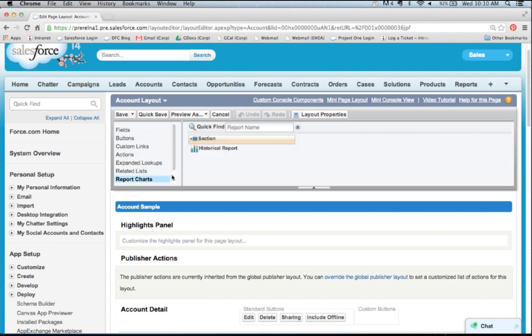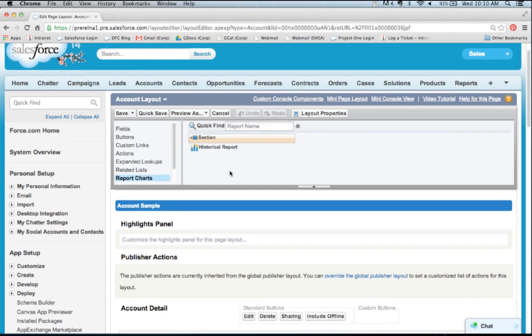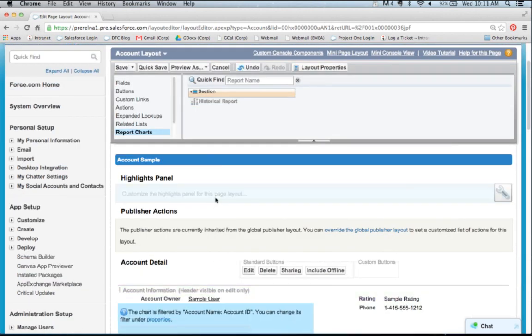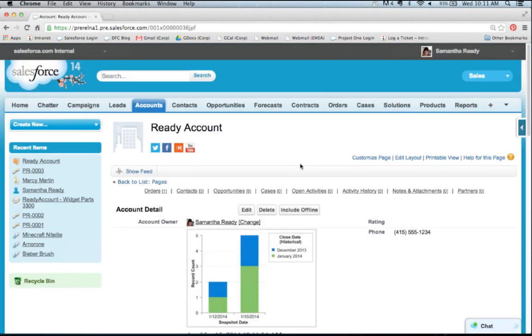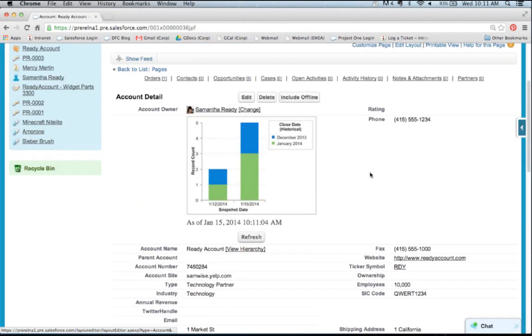So that's as simple as going to the page layout editor, grabbing this report chart, and then dragging in this chart here. And if you're wondering where this chart's sourced from, it's just a standard report that was created from the Reports tab, and then I associated a chart with it from the report itself. And so now that it's on the record detail page, anyone that comes here will see this within the desktop